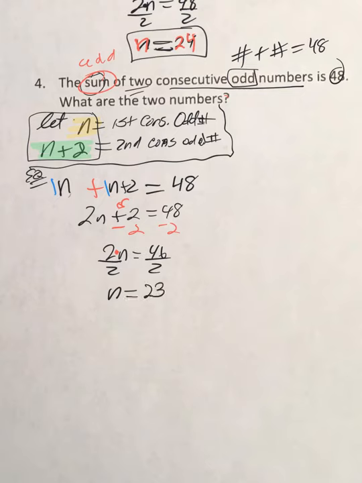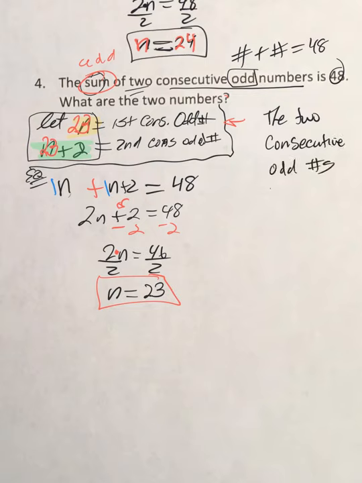Notice that's an odd number. And then wherever we see an n, we're going to replace it with 23. So we're going to go up here, and we're going to put a 23 there, and we're going to put a 23 there. So what does that tell us about the answer? The two consecutive odd numbers are 23